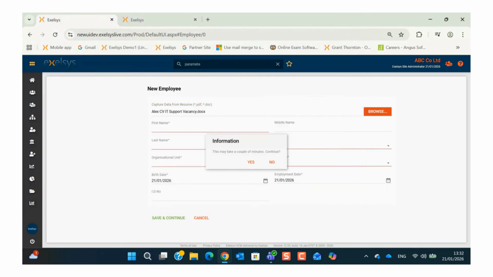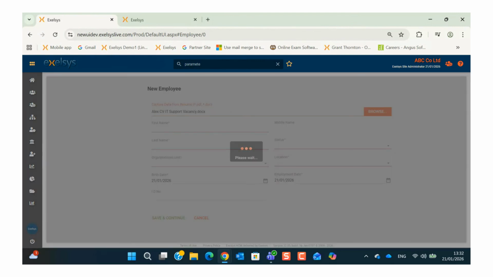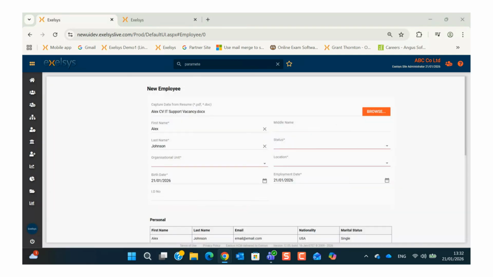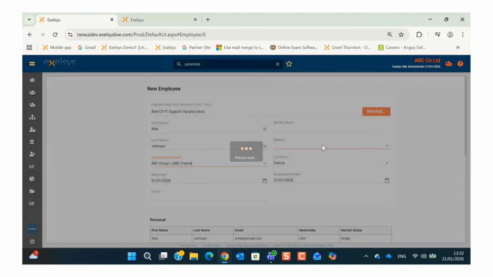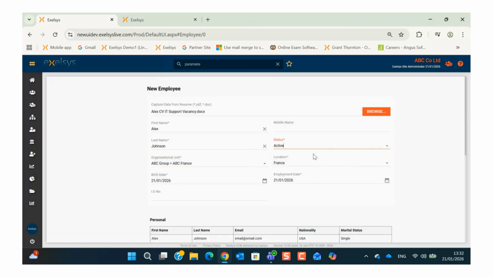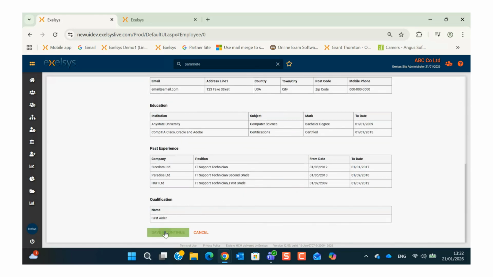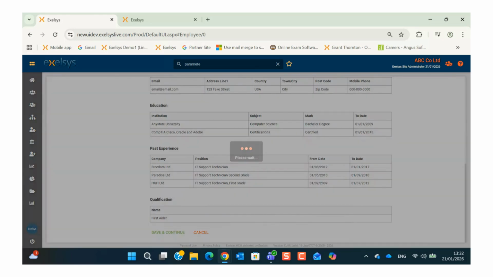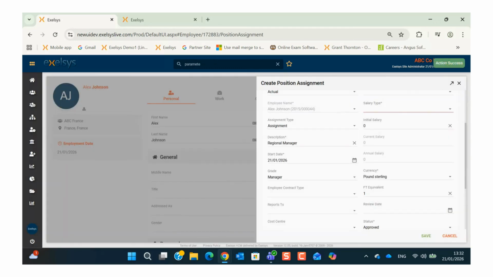The system will then scan the document and automatically populate the form, while still allowing the administrator to review and adjust any fields as needed. Select the new employee's organizational unit, status and location, and then save. When you select Save and Continue, the system transfers all identified information into the employee form and saves it. Then the administrator can move on to the next steps already covered, including setting up the employee's position assignment and